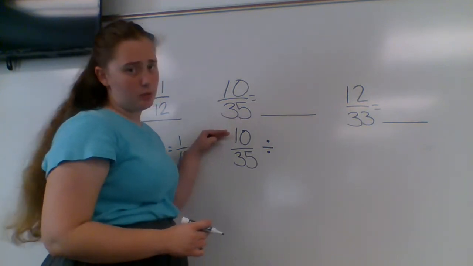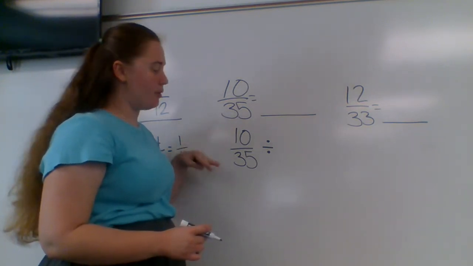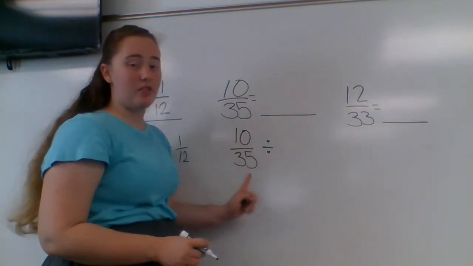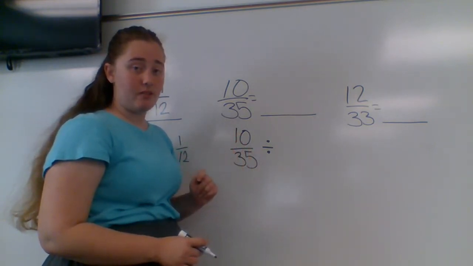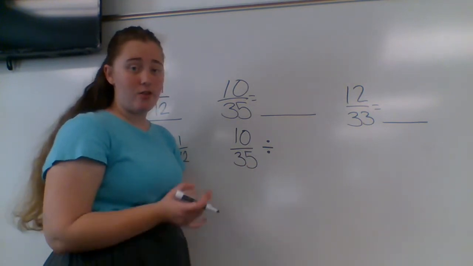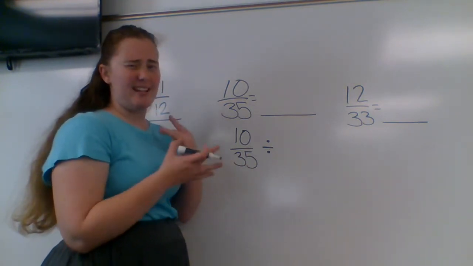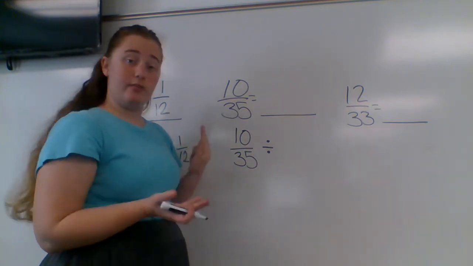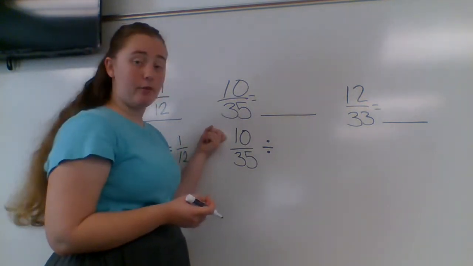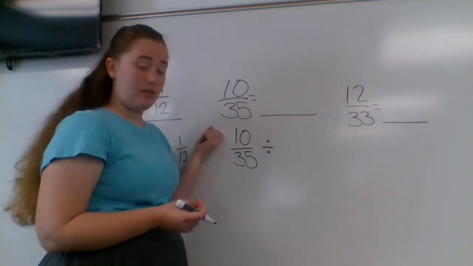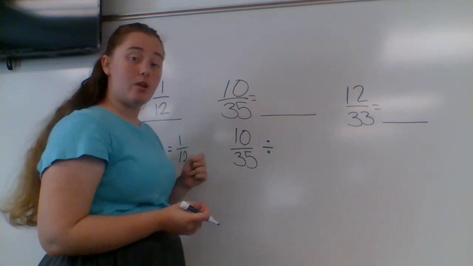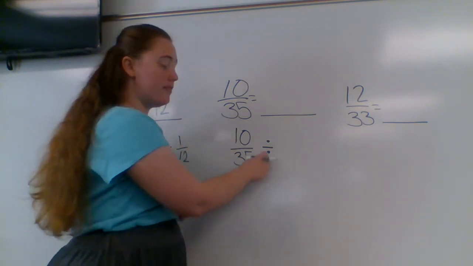It won't be 2, because 2 will go into 10, but 2 will not go into 35. But let's look at the ones place of both of these numbers, 10 and 35. One ends with a 0, and one ends with a 5. Can you think of a number that will go into any number that ends with 0 or 5? Let's try 5. 5 will go into 10. Will 5 go into 35? Absolutely. So we're going to do 10 over 35 divided by